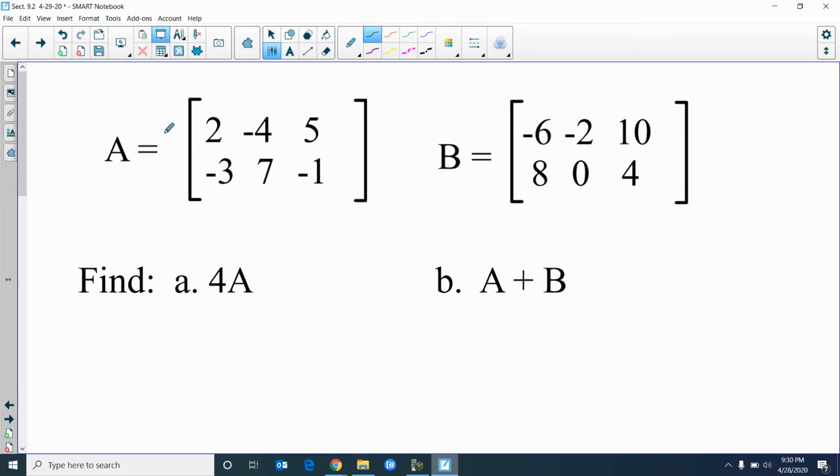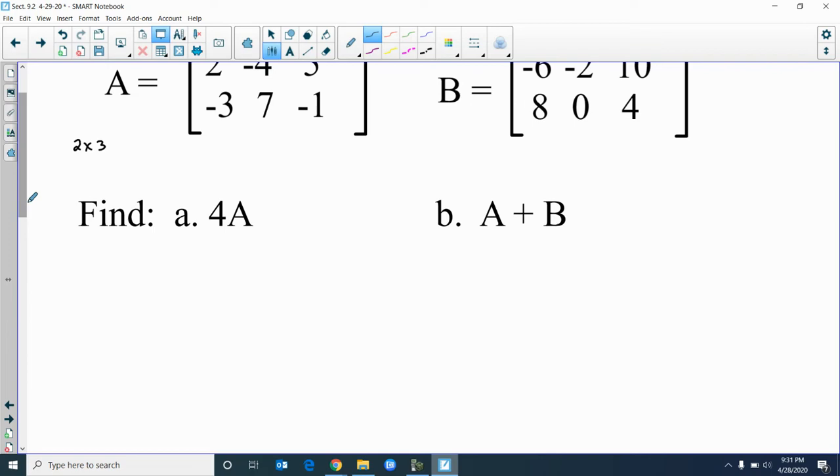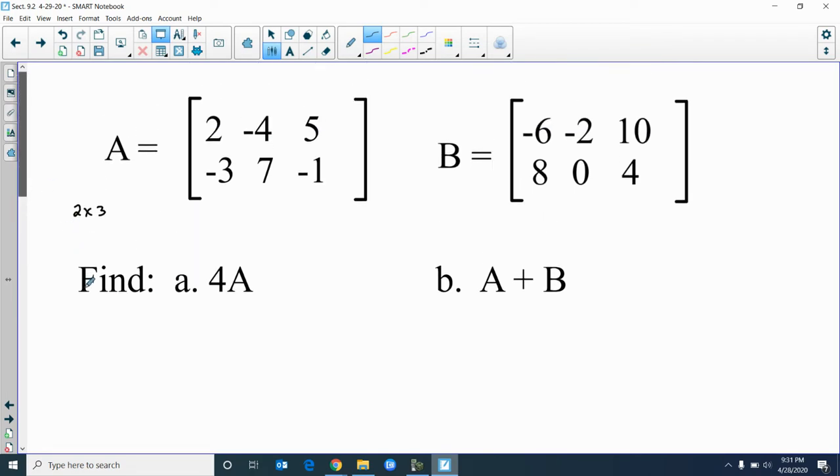All right, take a look at A and B. What dimension are both of those matrices? Okay, make sure you understand those are both 2x3. 2 rows. Rows are horizontal, columns are vertical. Well, what does 4A mean? 4A means that you just take 4 times each element in matrix A. So 4A